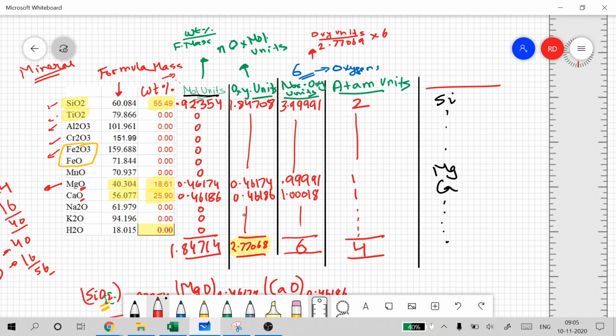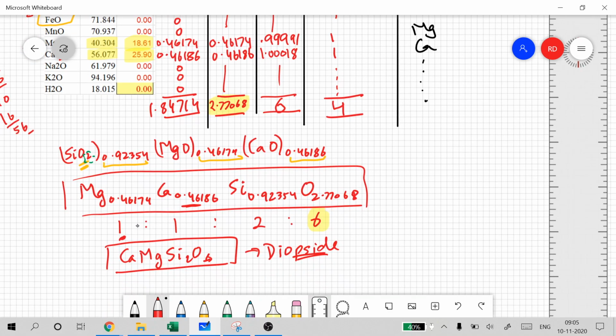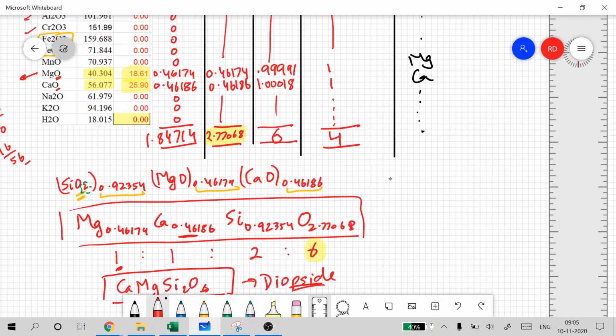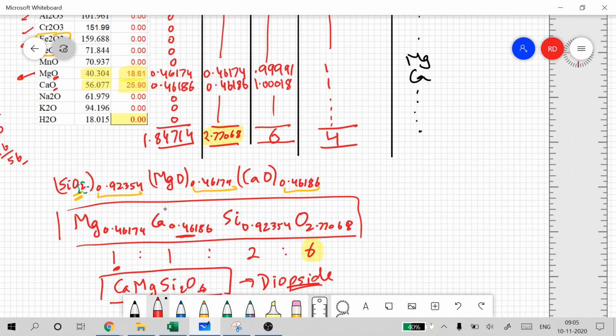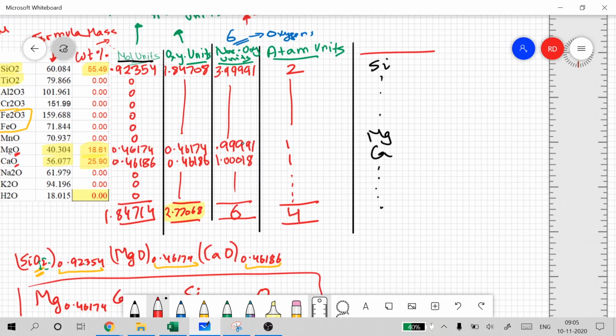So I mean, we could indirectly stop here and just make these ratios, like make one of these 1 and then you will get some of these values. But this was a simple formula where everything becomes integers. Usually we fix the number of oxygens that we want. You can write 12 here, and everything will become double. If you write 3, you will get these as 0.5, 0.5, and this will come out to be 1. So SiO3, CaMg, with 0.5 each of these. These are the units that you get: 2, 1, 1.